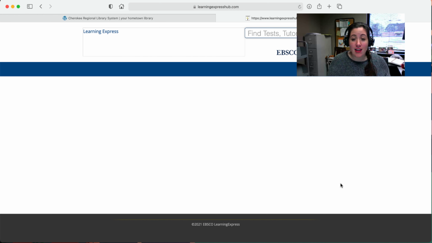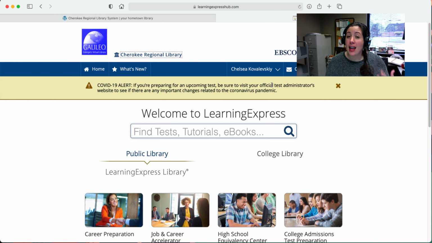Now, I'm already logged in. I already have an account, but if you don't have an account, you can create one in the library very easily just by logging in here and putting in your information. If you're not in the library, you will need the Galileo password to sign up for Learning Express Library. But once you have an account, you always have an account and you don't have to worry about that again